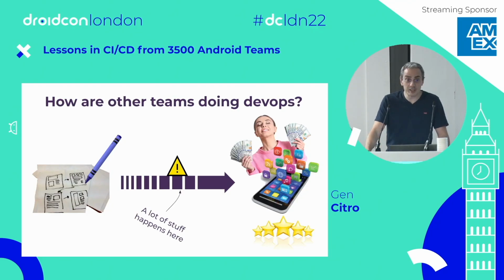Well, the truth is, a lot of stuff happens at that point. And until recently, we didn't know how that works with DevOps teams in different sectors or in different industries or teams with different sizes. And so it would be really great if we understood what happens in that middle part so that we can take learnings from that experience and adapt our own workflows accordingly.